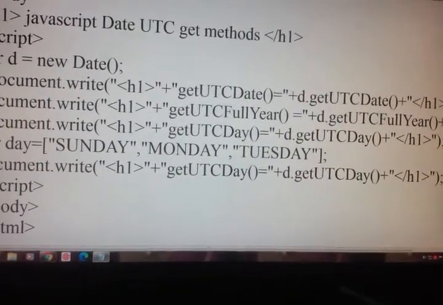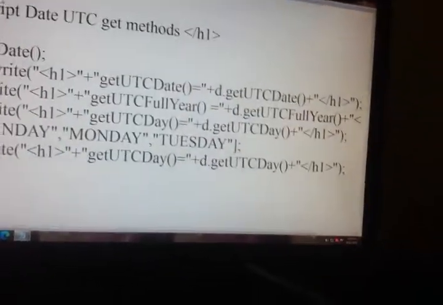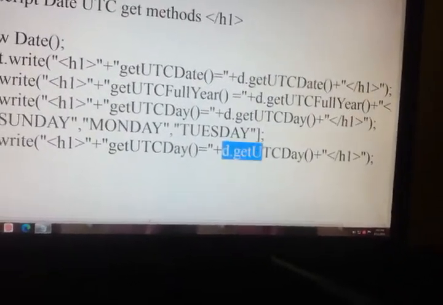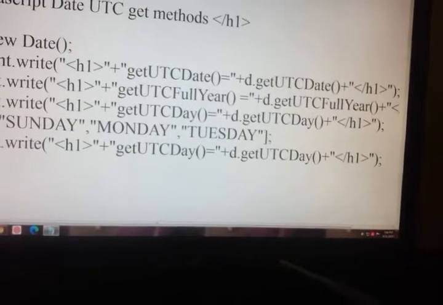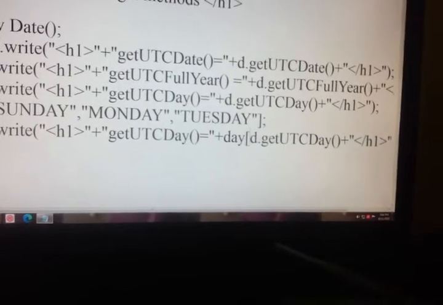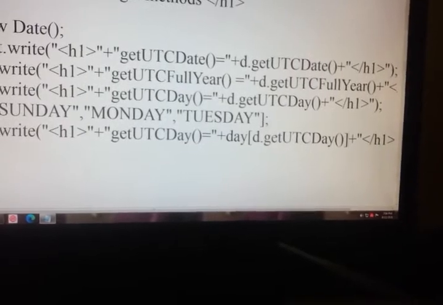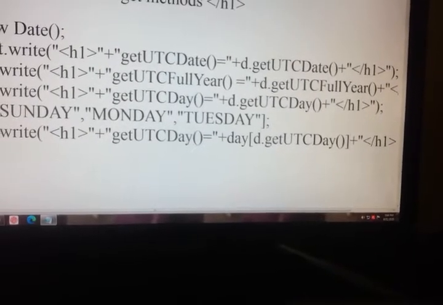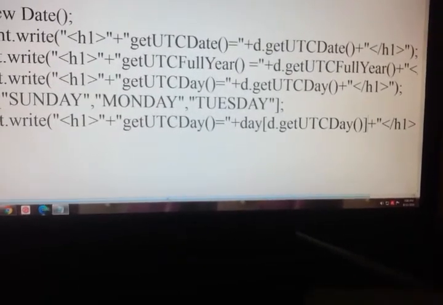Just paste it. The extra thing I am doing here is simply using the array name and then open bracket, close bracket. Let us see whether we are getting that or not. Control S. Yes, we got it. So 2 means Tuesday we got.